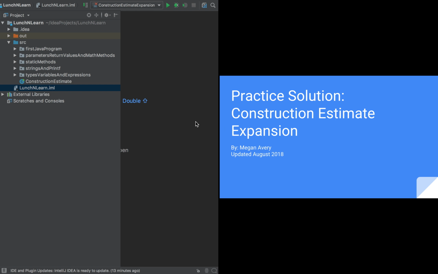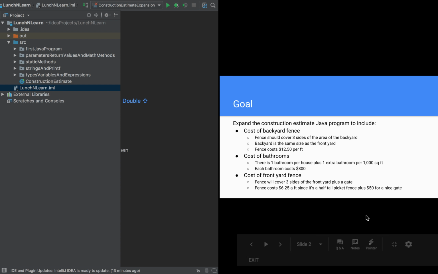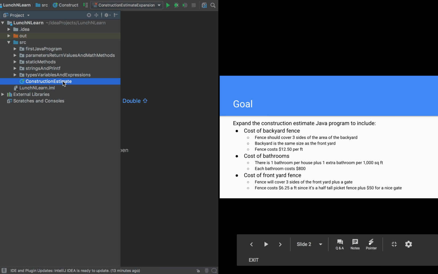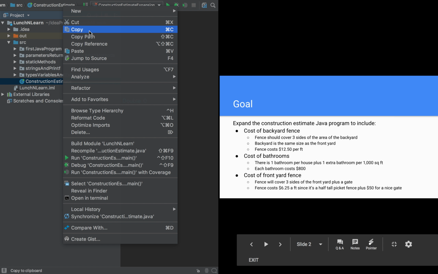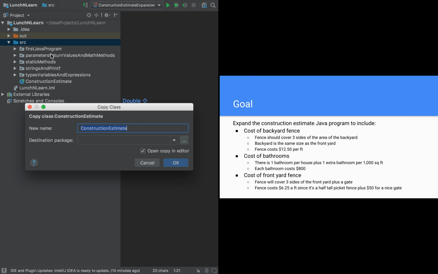This is a solution to the construction estimate expansion problem that was proposed at the end of the last video on this playlist. So the goal is to expand the construction estimate Java program to include the cost of a backyard fence, the cost of bathrooms, and the cost of a front yard fence. I'm going to copy this construction estimate Java class, paste it, and rename it construction estimate expansion,